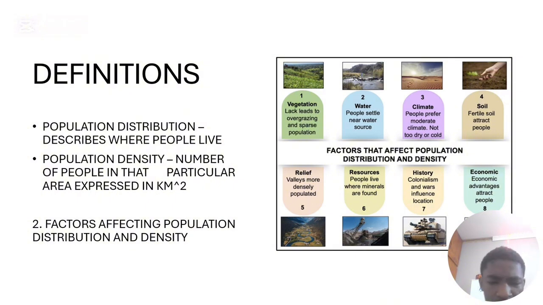Now let's move to the factors affecting population distribution and density. Factors that are affecting population distribution and population density. So I would advise you to take just 4, 4 that you won't forget, because obviously they won't ask you more than 4. They're going to ask you 4 or less. So first one, we're going to say water. Water is a factor that affects population distribution and density. How does water affect population distribution and density?